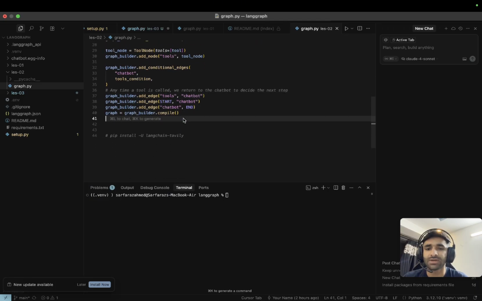After that we have the same structure. Now we have just added one edge from tools back to chatbot. It will be start to chatbot, then one edge from chatbot to tools condition, and then a second edge from tools. Once the website search is done, that information will be given back to the chatbot. So tools to chatbot, and then start to chatbot. You can even keep this line above, no need. And then chatbot to end, I will explain this in